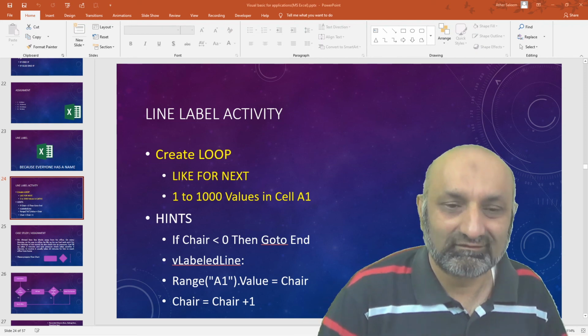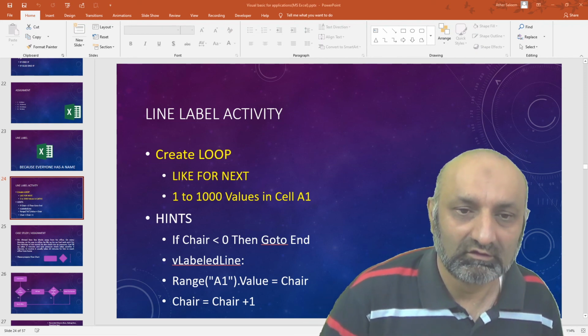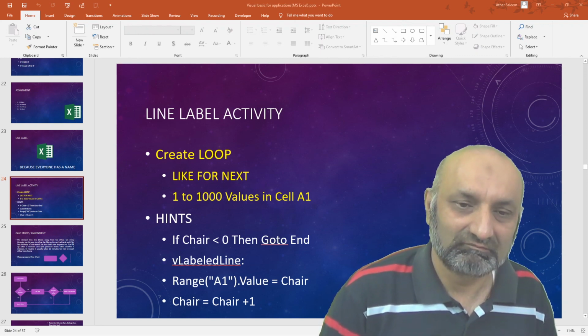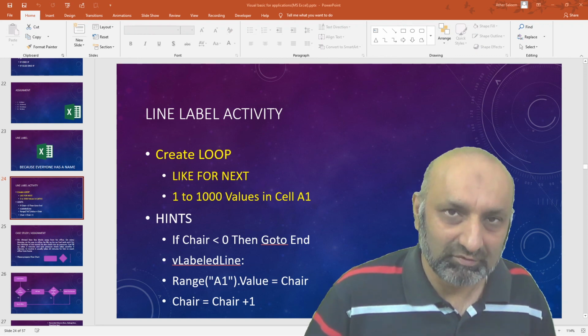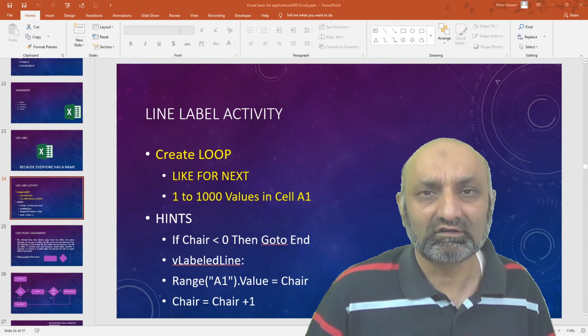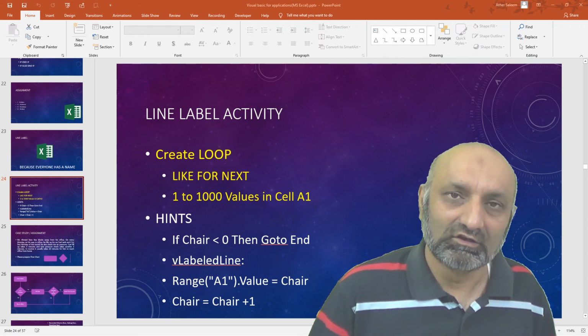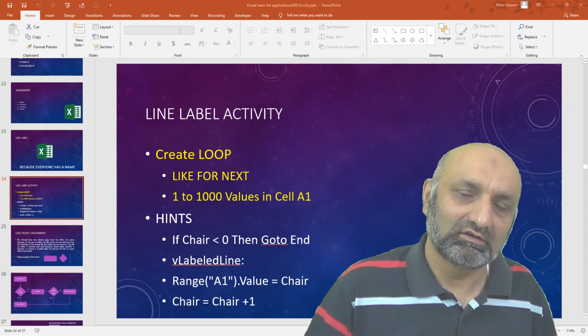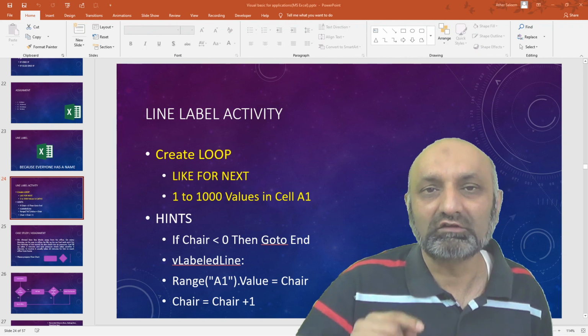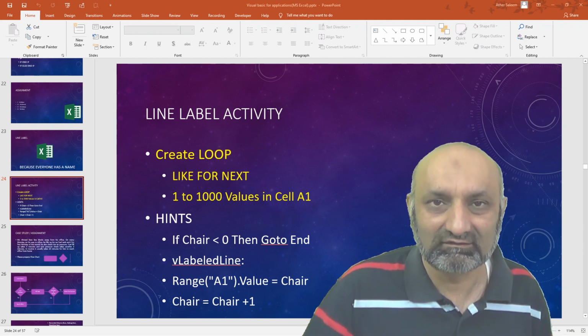So here is an activity for you. This is for the line label activity. You need to create a loop, but not with For and Next. When we started learning For and Next, we created a loop that changes the value from 1 to 1000 of a single cell.